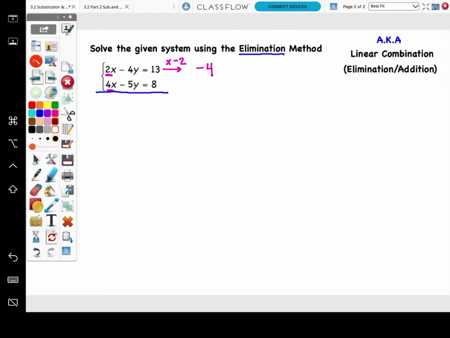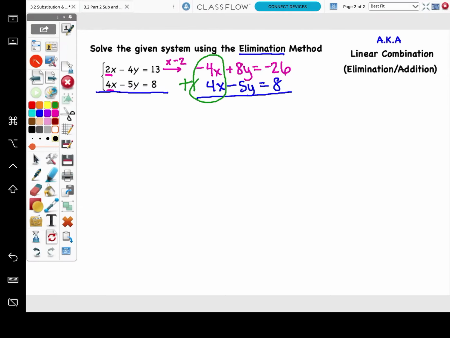Okay, so I'm going to indicate in my work that I'm multiplying by negative 2. And now my new equation is going to be negative 4x plus 8y equals negative 26. So everything in that first equation got multiplied by negative 2. Second equation I'm not doing anything with,